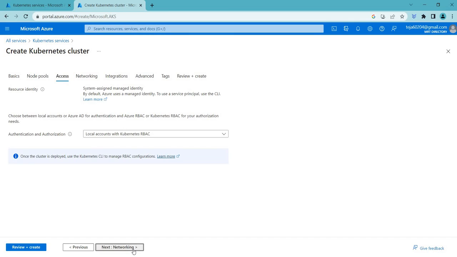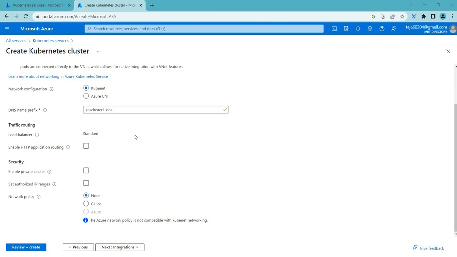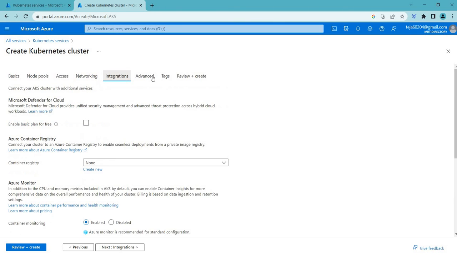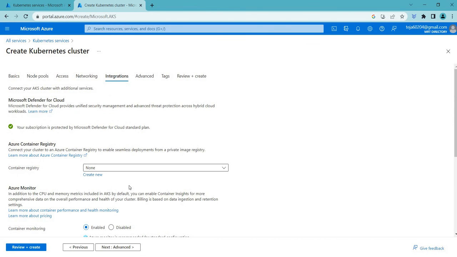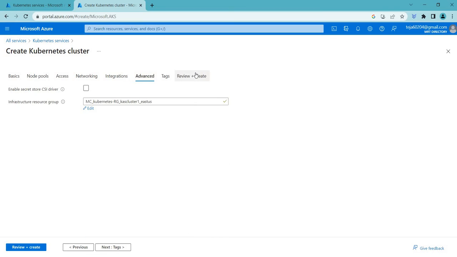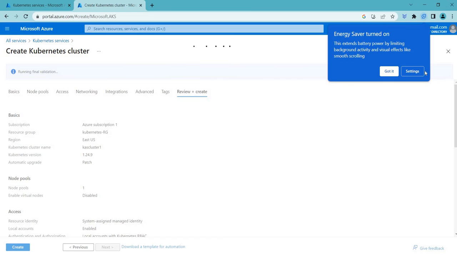And let's go to the next one, which is network. Talk about network configurations: Kubernetes and Azure CNI. Coming to the Kubernetes option, it's a simple and easy to use networking solution for Kubernetes. On the other hand, Azure CNI provides more advanced features and better performance for Kubernetes clusters running on Azure. In this case, I'll just leave it as default, which is Kubernetes, and I'll leave everything as default. If you have a registry, you can add it here, but in this case, I'll just leave it as default and review and create it. So since I've already